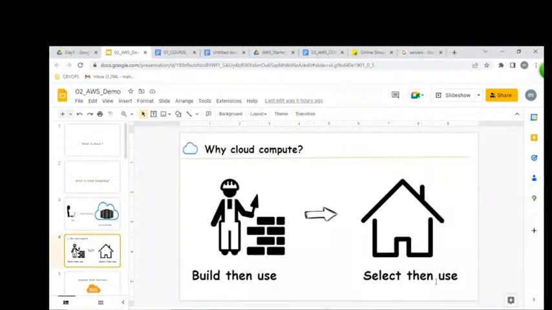But tell me, which is easy for you? Select and use, or build and use? We always prefer only select and use. Any cloud is going to provide only rental based infrastructure. We're not buying anything by using cloud. We are not buying, but we are taking rental infrastructure. Instead of buying infrastructure, we're taking what? Rental infrastructure. So I will give you a good example, so you can understand much deeper.